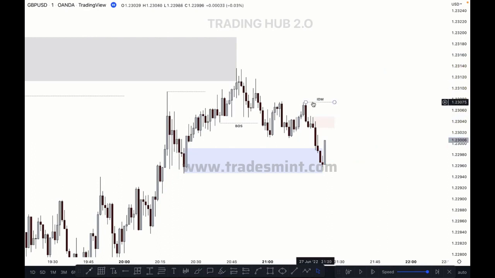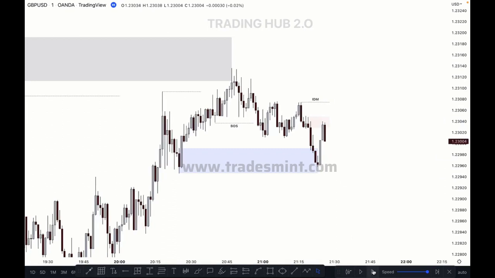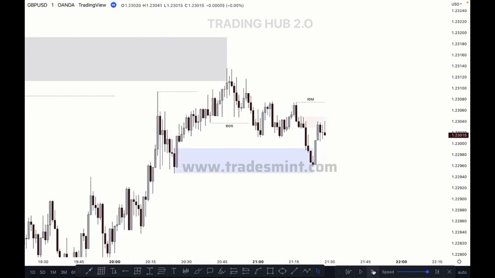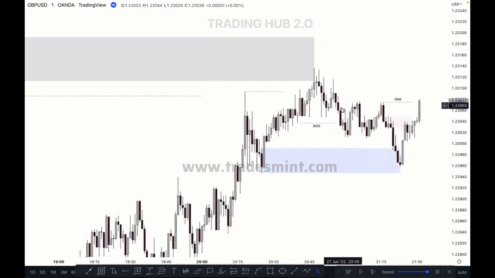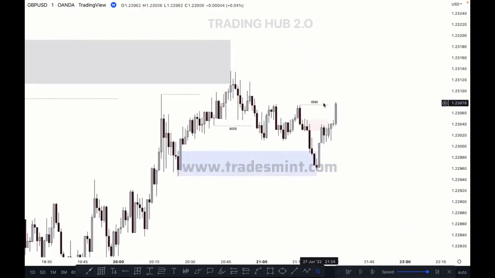This is our first inducement, correct? You have to wait for this inducement to be taken out before the sell. So let's see what will happen here. Market showing some reaction. Okay, let's see. And the market pushes higher after breaking this structure, and this is our inducement, because we know how to mark